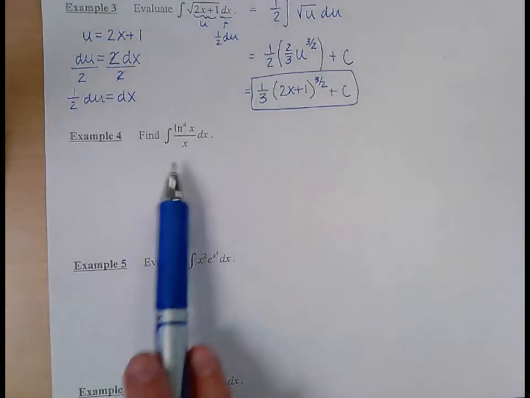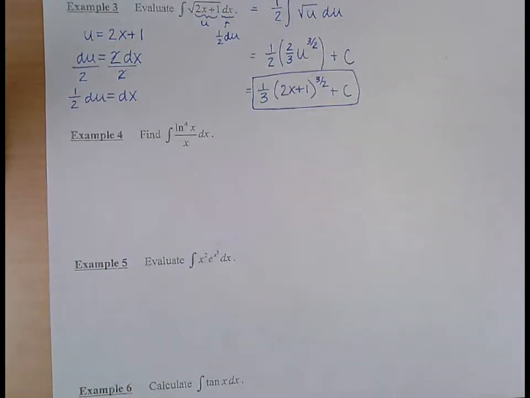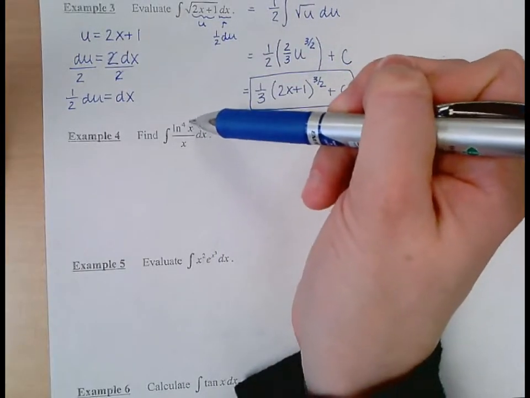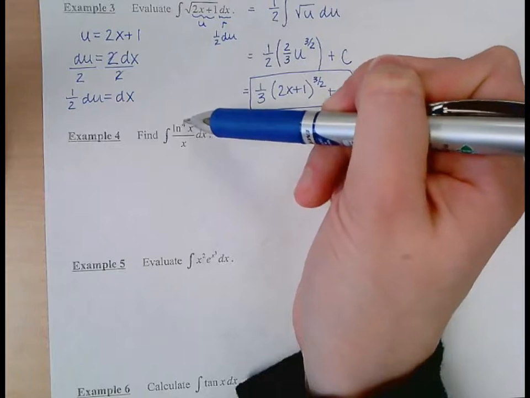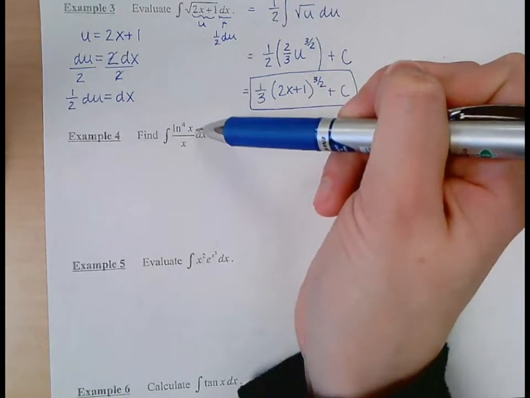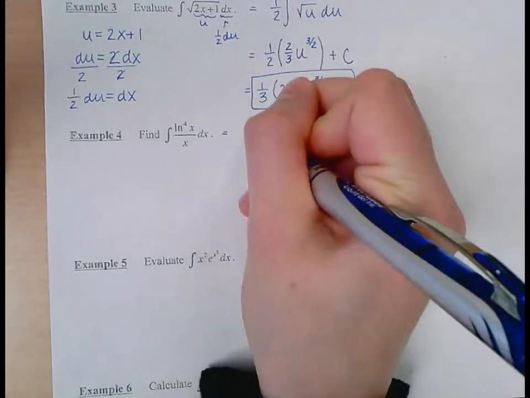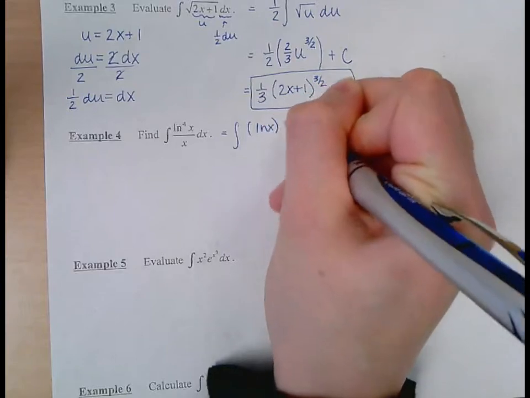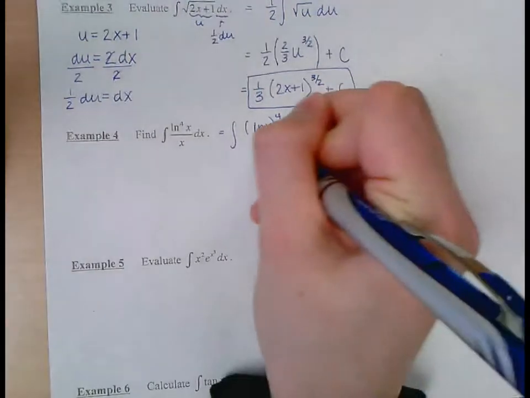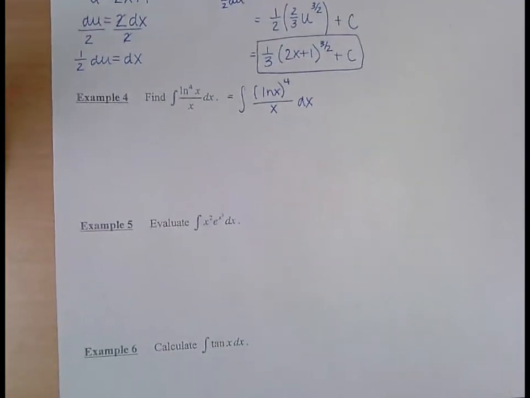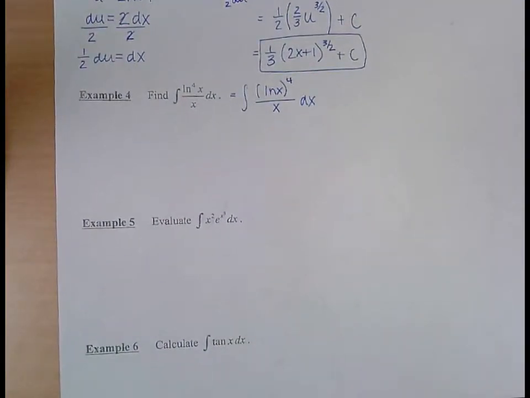Yes. Example 4. I don't know if you've seen this before. Anyone know what this means? Yes, so it's kind of like with the trig functions. It's another way of writing natural log of x, that quantity to the 4th. So if you had to make a choice for u,